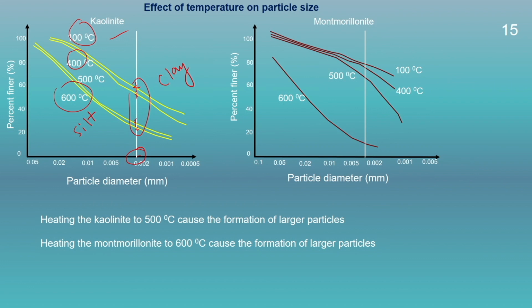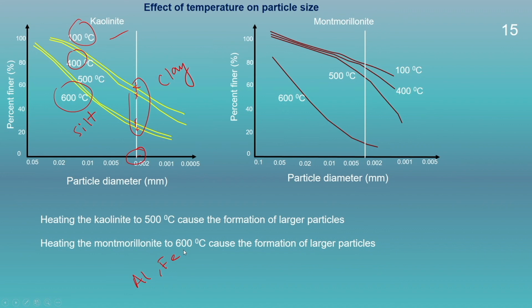The plot shows that a slight reduction in the particle size takes place at 200 degree centigrade, due to the disintegration and shrinkage of the particles due to complete removal of the adsorbed water. But as the temperature reaches up to 400 degrees centigrade, the particle size got increased due to the aggregation of the particles. As the dehydrogenation process starts at around 500 degrees centigrade, the aluminum and the iron ions that emerge